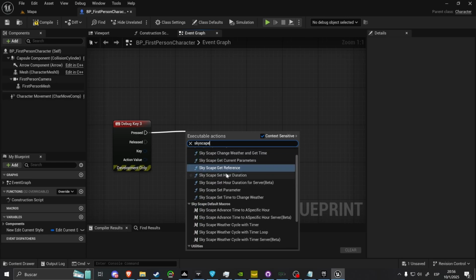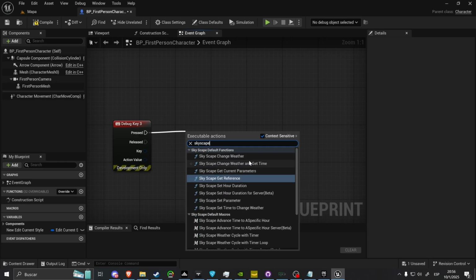SkyScape weather, get time current parameters, the duration of 1 hour. This one is good. Duration of 1 hour on server. This I have not tested enough yet. I would not recommend using it because I'm testing it, it is a parameter, and also